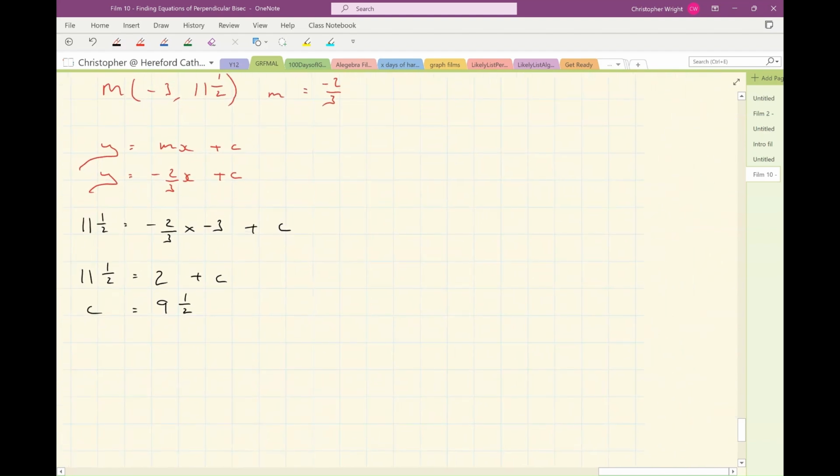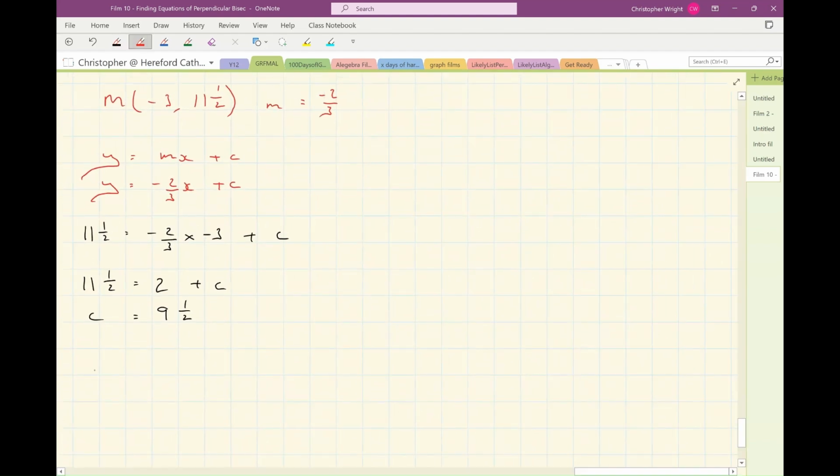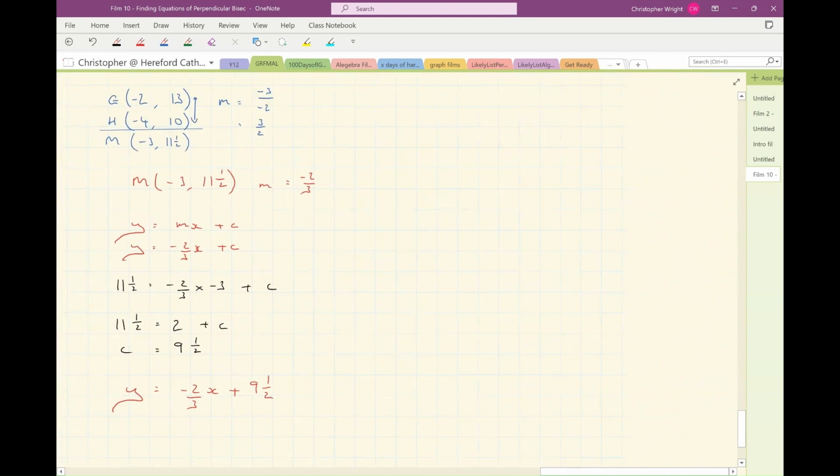So now I can write down the equation of my perpendicular bisector. y equals minus 2 thirds x plus 9.5. And there you go. So that is how to find the